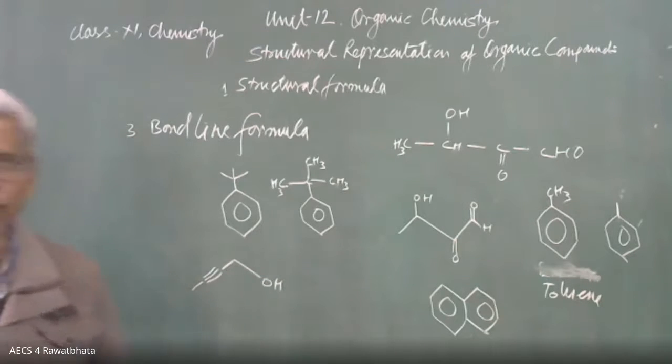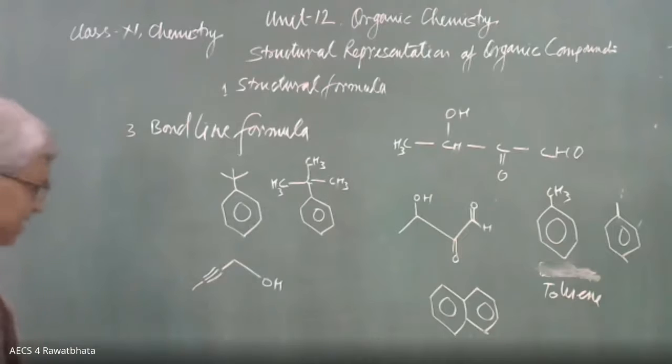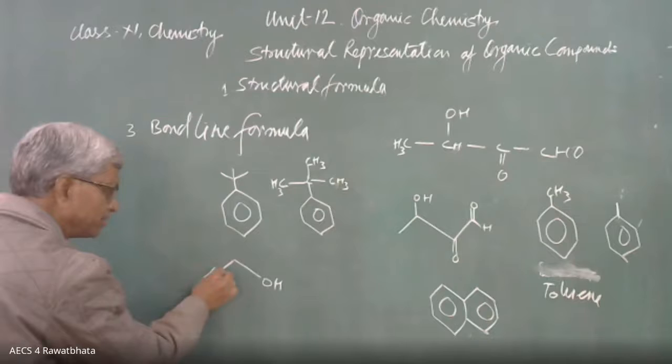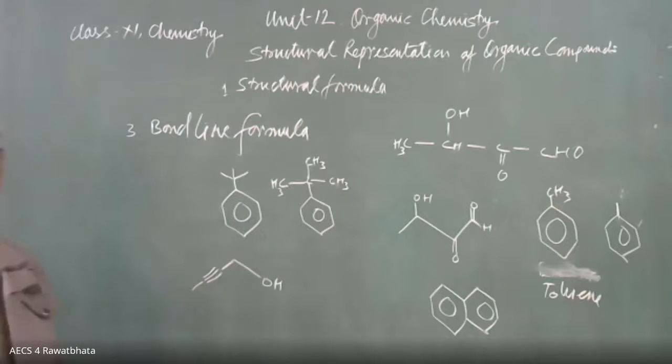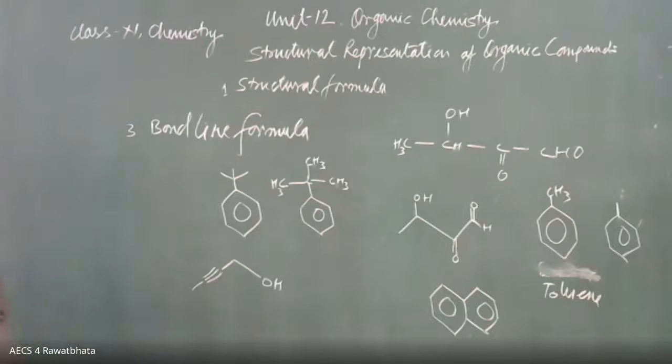What is the structural formula of this compound? How to decide? See, here the straight line only. Then this is the first carbon, this is the second carbon, here is the third carbon, here is the fourth carbon. In between, if a double line or triple line is coming, it represents the sigma along with pi bonds. That many bonds are between the carbon atoms.